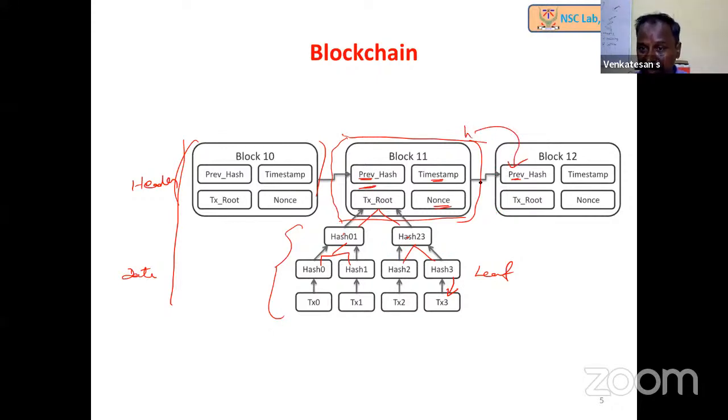So we can say that if only these are considered for computing the hash, then an attacker may modify this. That is not allowed, because if we make any change, this is going to get changed. If this one is getting changed, then the hash is going to get changed. So that's the reason it's not possible to modify. So we have the header part as well as the data part. There are nodes which can store only the header part, and there are nodes that can store both. It depends on whatever computational infrastructure it has.